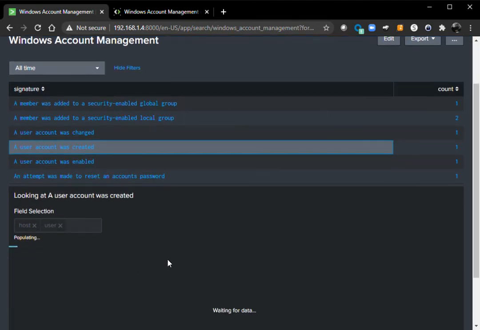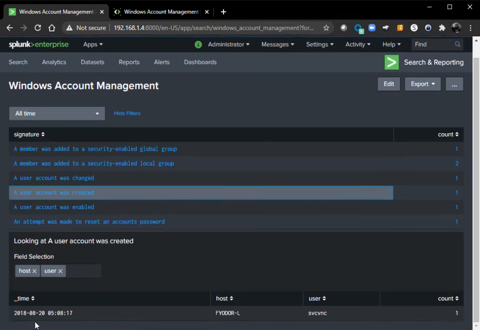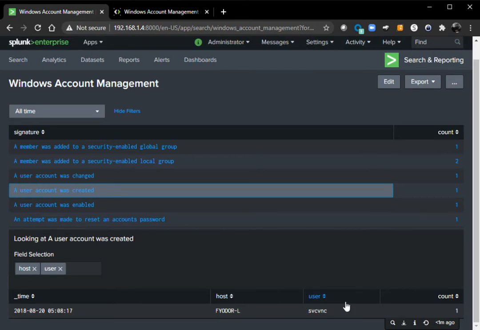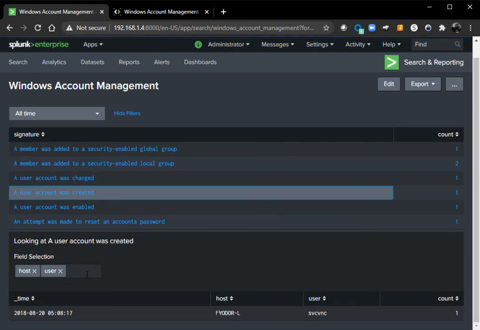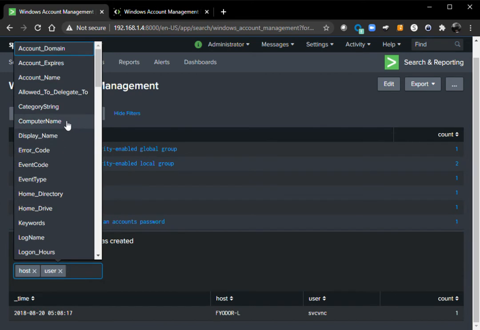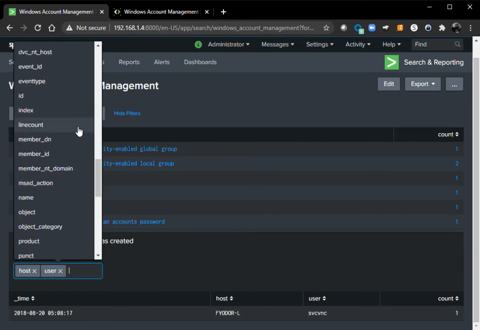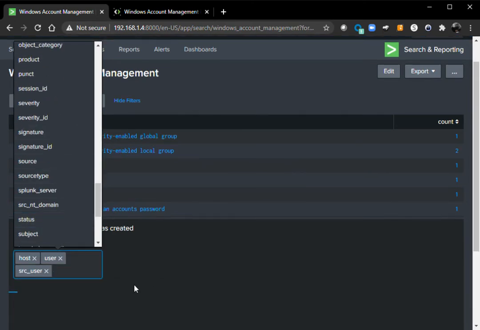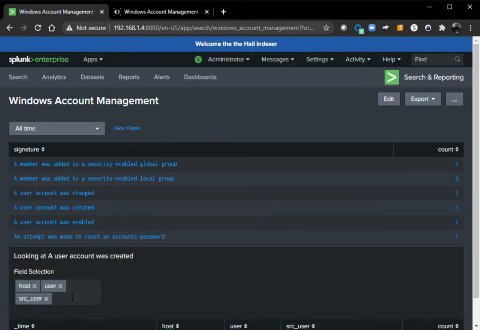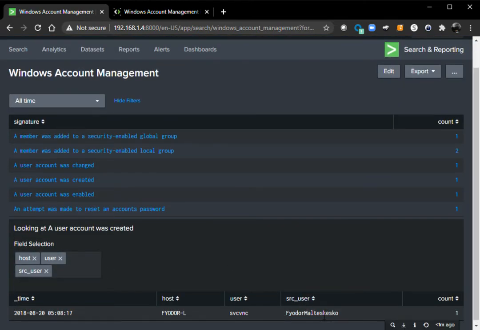and as you can see, I have a second panel down here that provides the fields that are selected by default. I give you the time the event happened, the host, and the user. However, if you want more than what I have showing here, this field selection is dynamic. So I can click in that box and select other fields that are related to an account being created. So if I scroll down far enough, I will find source user. As soon as I click on source user, it adds it to the field selection and it adjusts my panel down here. So this is a dynamic